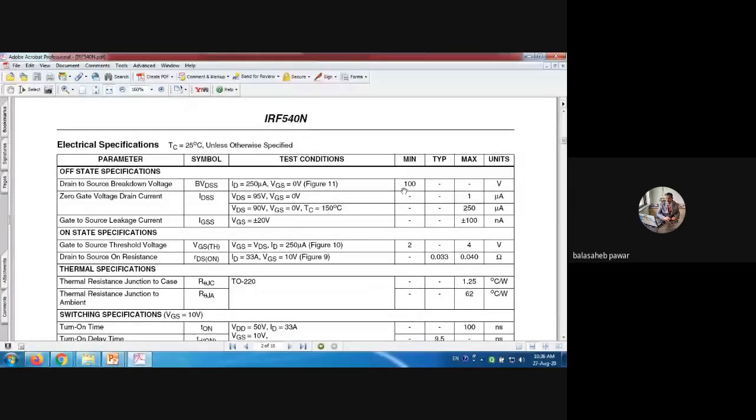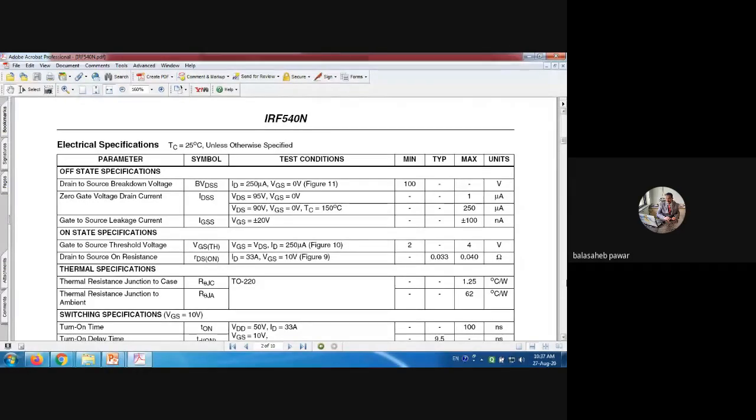If 100 volts is at the drain terminal, and VGS is at 0 volts, that is where we want the transistor breakdown to occur. Are you getting it? So at a minimum of 100 volts, that transistor will start to conduct even if VGS is 0. Are you getting it? And in our example, how much drain voltage are we considering as per our previous discussion? It was 207 volts, 200.